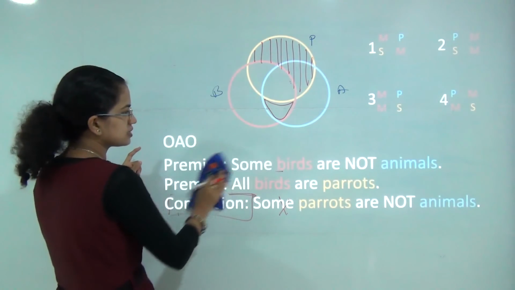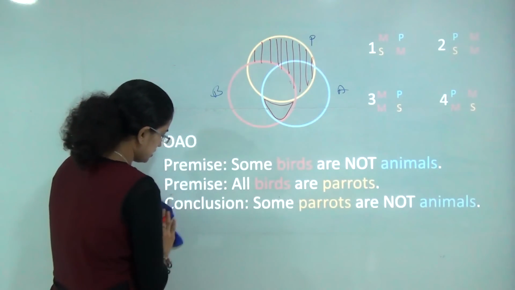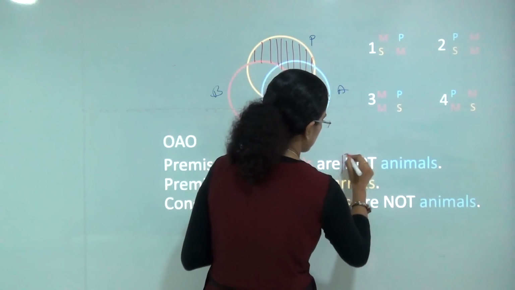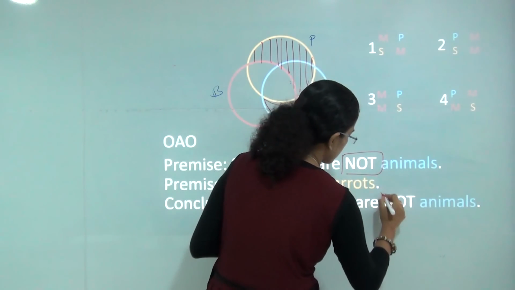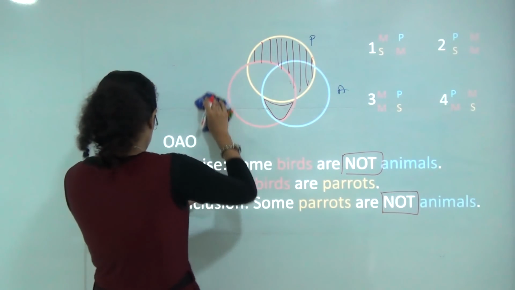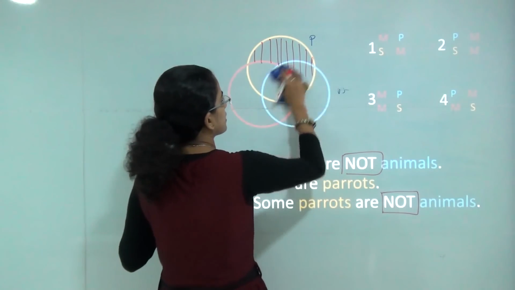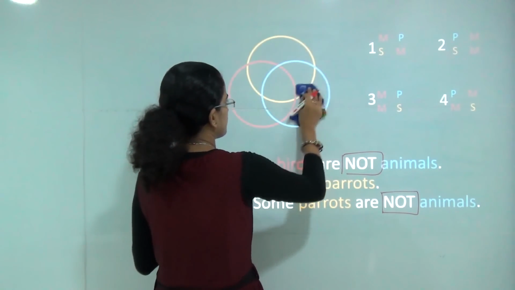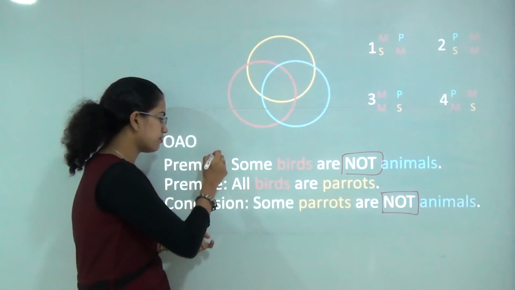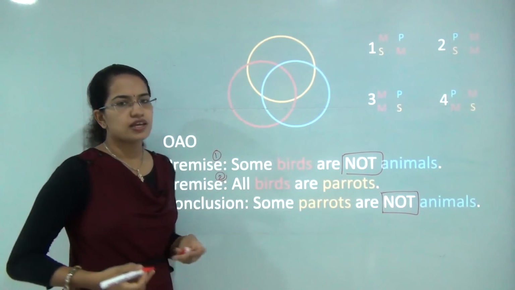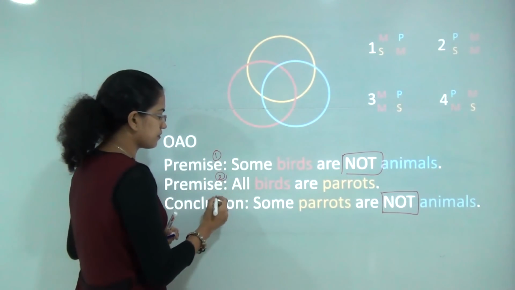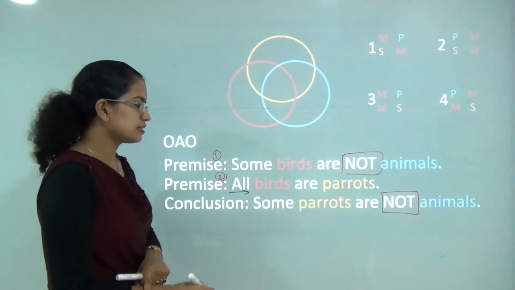So O means some are not. Now this is the starting of the problems that deal with not. So we have to be very careful while solving the problems of not. Now what we are trying to do here is, again we have two things, we have some and all. Now where should I start, the first or the second? Now I guess most of you are very thorough with this, so we'll start with the second premise, that is all.